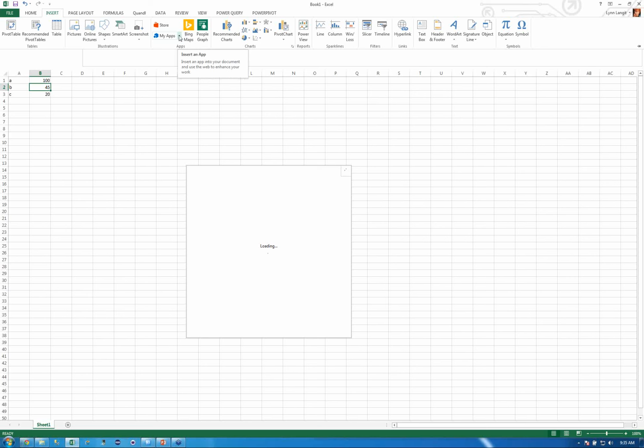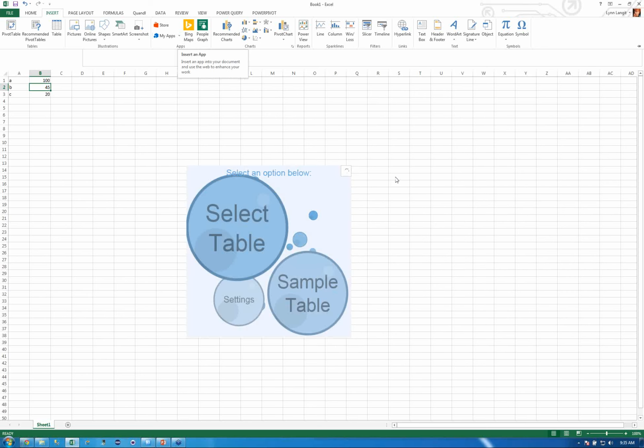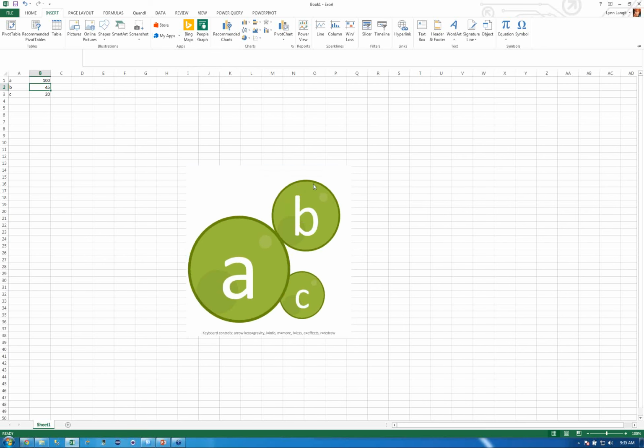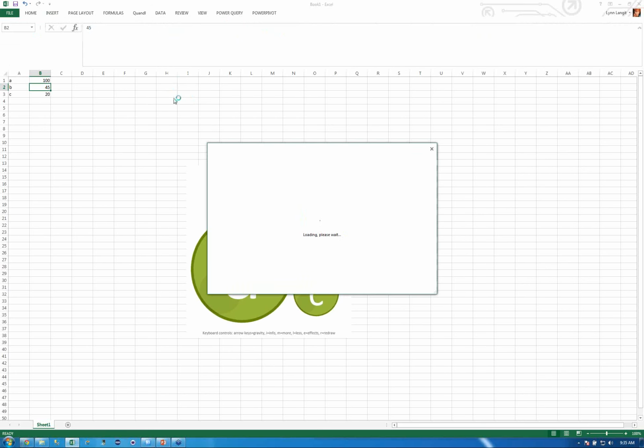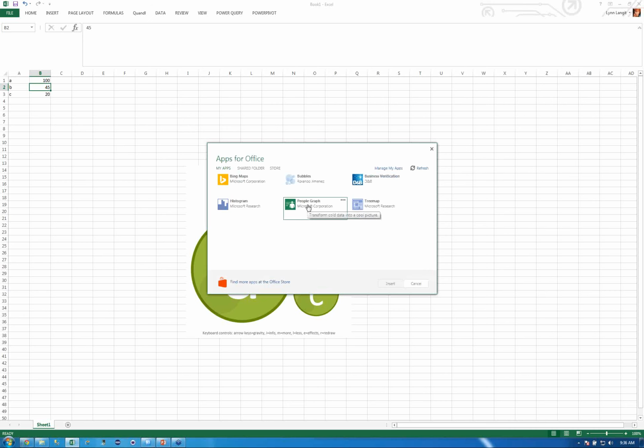And I'm just going to tempt fate here. There we go. Okay, and there it's loaded, and there it went back. So I think I'm just pushing my computer with too many things open. So underneath here, if I go in here, I'm using the Bubbles add-in. And if you weren't aware, I went to the Insert button, and then you can just go and search in the Office apps. Ones that I've used before is I've used the People Graph, and it shows a number of